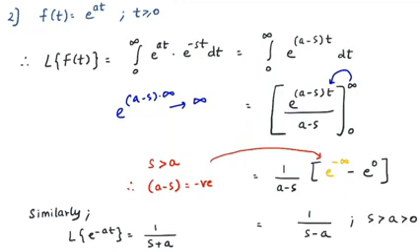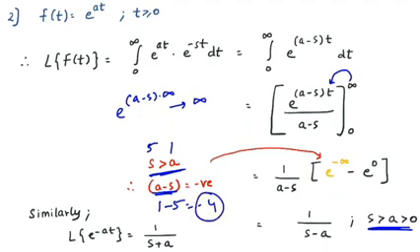But what I am saying is our value of s is greater than a. If that is the case, if s is greater than a, then a minus s would be what? A minus s would be negative. I can give you one example. Let's say s value is 5 and a value is 1. So 5 is greater than 1, correct? So a minus s basically means 1 minus 5, which is minus 4. The answer will always be negative.